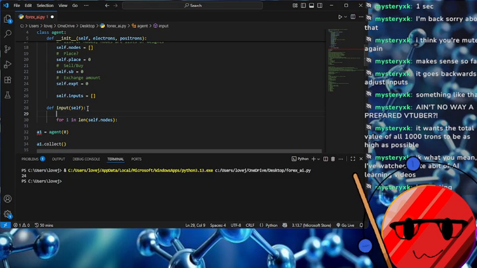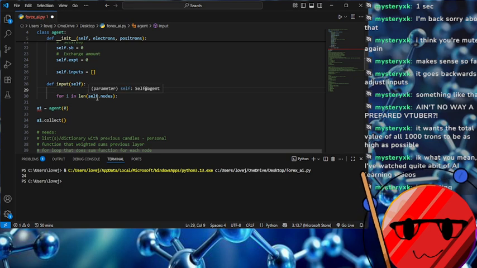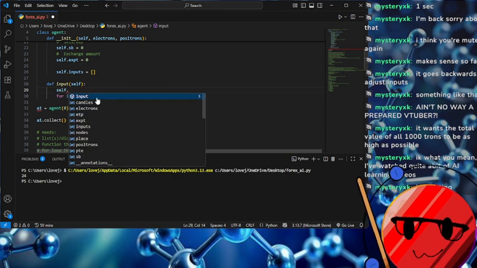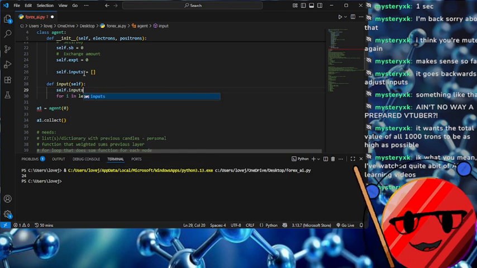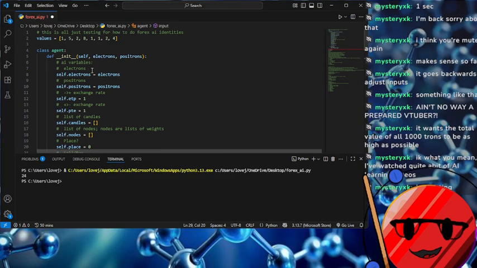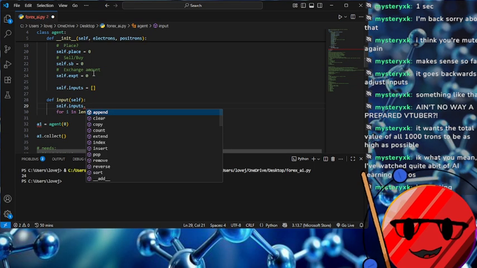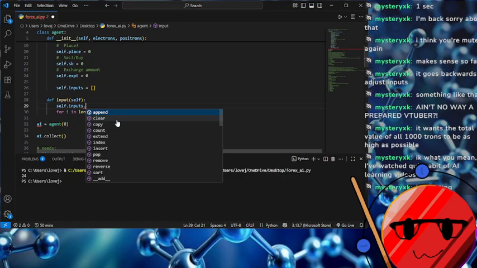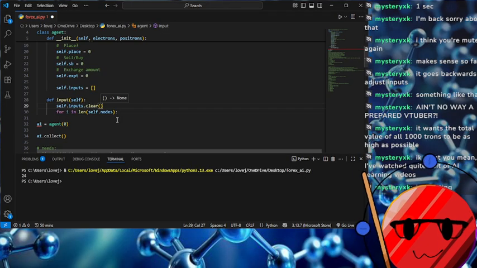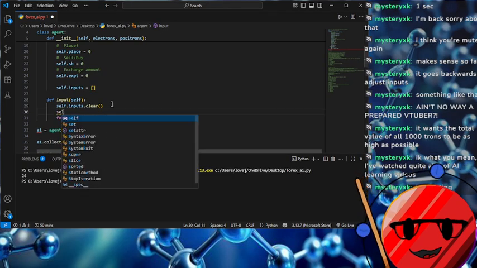For that though, what would I do? It would be self.input, so, is self.input a thing? No, that was just, okay. Self.inputs. I guess we can clear it. Technically, would we ever need to? I'm going to have it clear. Self.inputs.clear and then